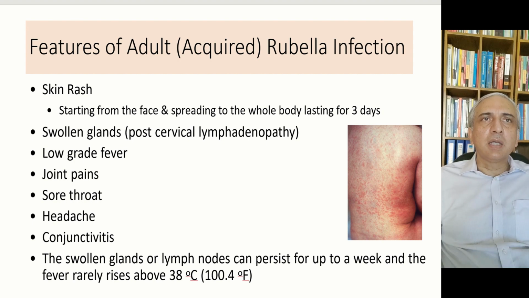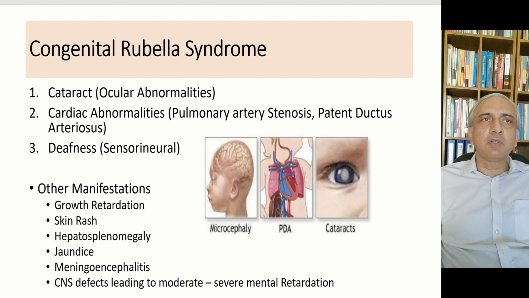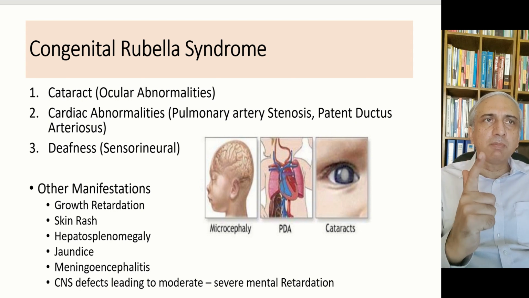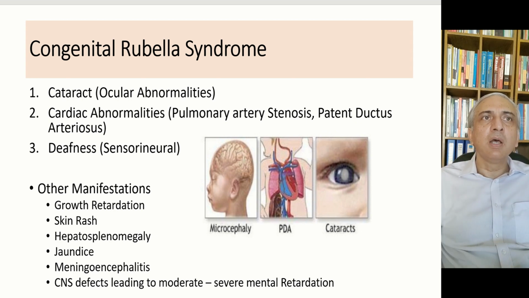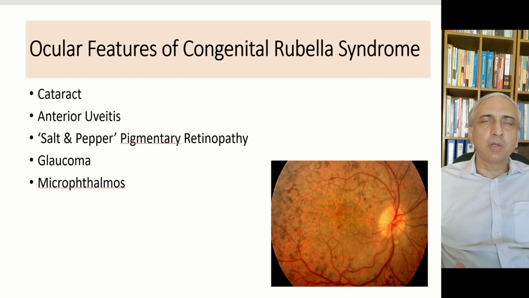So what is congenital rubella syndrome? It is the development of a triad of cataract, cardiac abnormalities, and deafness, which is sensorineural. The cardiac abnormalities which you develop are pulmonary artery stenosis and patent ductus arteriosus. Other manifestations are growth retardation, skin rash, hepatosplenomegaly, jaundice, meningoencephalitis, and CNS defects, leading to moderate to severe mental retardation. Ocular features of congenital rubella syndrome: cataract, which is very important, anterior uveitis, and then salt and